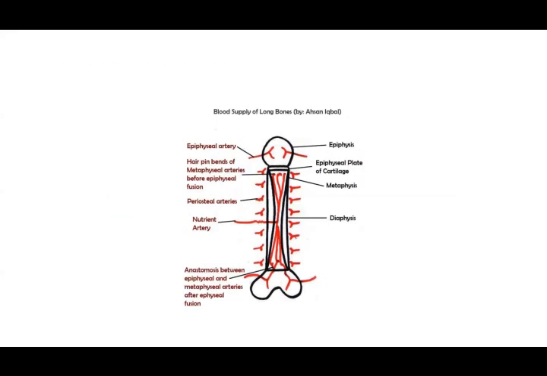If you see in this picture, the nutrient artery is entering. It divides into ascending and descending branches, reaching up to the epiphyseal cartilage plate because it cannot cross it. So it goes only as far as the metaphysis. The periosteal vessels from the outside are centripetally directed and enter the cortex, where they supply the outer one-third. The epiphyseal artery supplies the epiphysis. Once the articular cartilage is finished off, there will be anastomosis between the epiphyseal and metaphyseal vessels after the fusion.